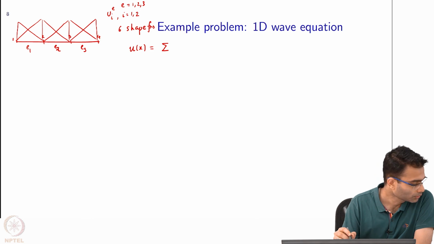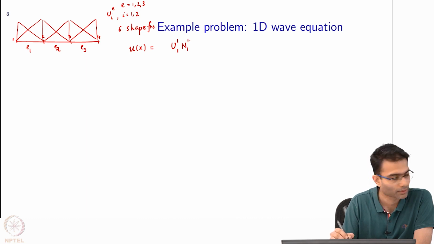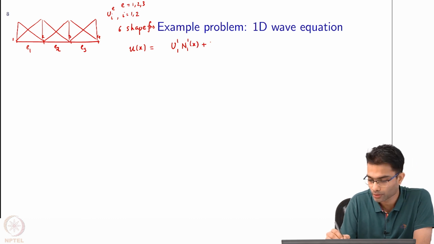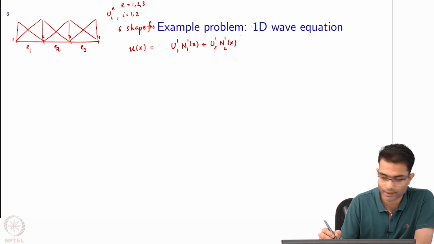The first is u_1^1 multiplied by N_1^1(x). Next is u_2^1 times N_2^1(x). What else? The next one is